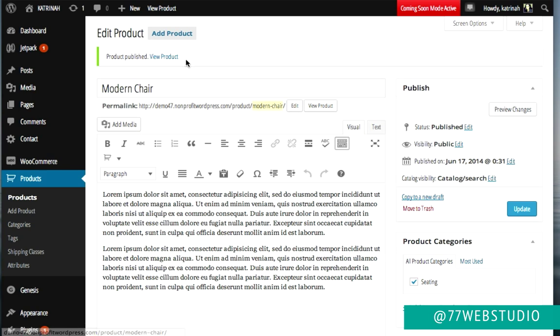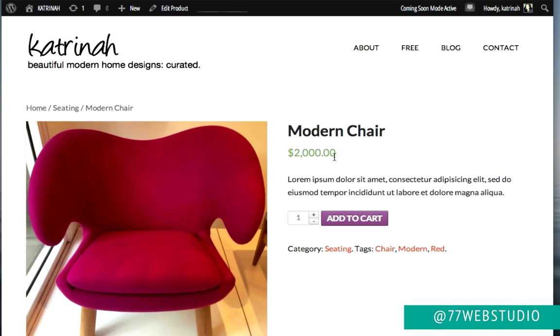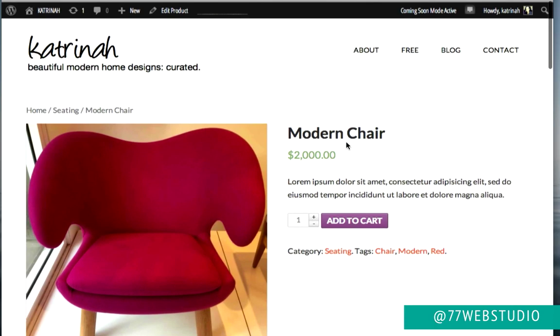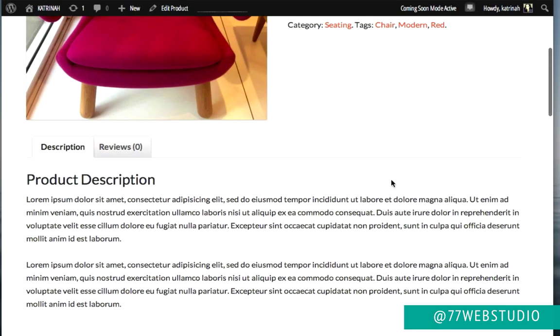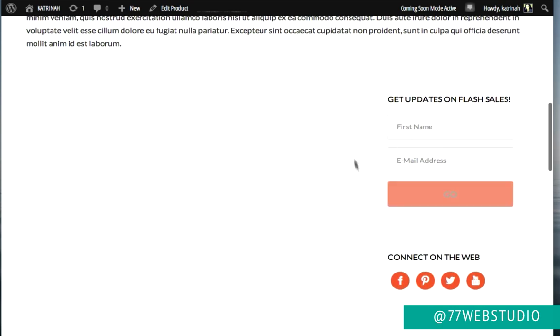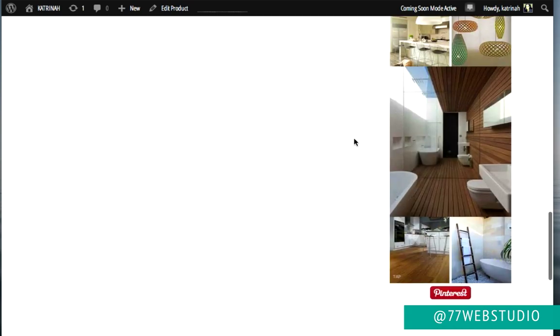Once the product has been published, we can check it out by clicking on View Product here or clicking on this button that says View Product. So I'm just going to click on this link at the top that says View Product, and here we can see the product on our e-commerce website. Now I do want to note it looks okay, but there's one thing that's sort of missing. Here we see on the bottom our sidebar is hanging off the right-hand side.